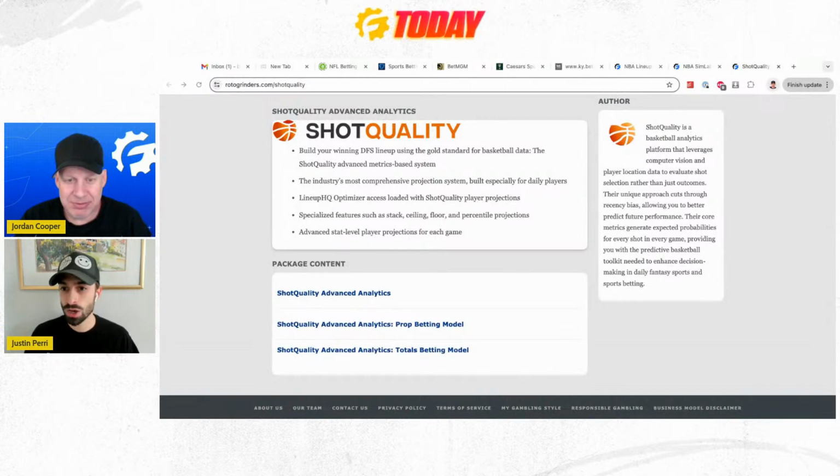And at the end of the day, we're a data processing company creating the shot quality dataset, which I like to describe as the upside down for basketball, where every single shot has a shot quality equivalent. Every single game has a shot quality equivalent that is more predictive, faster.